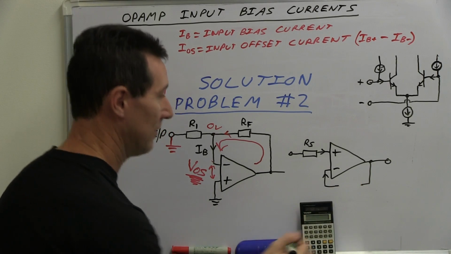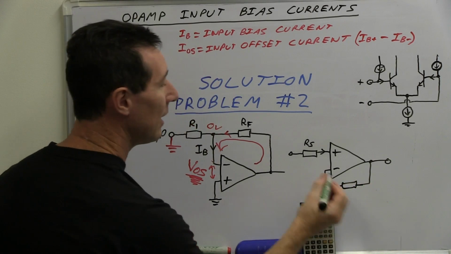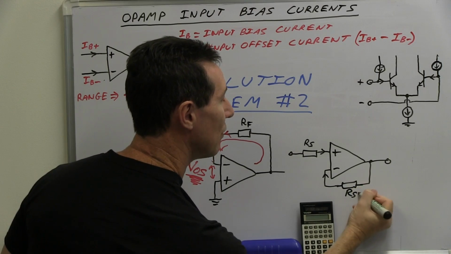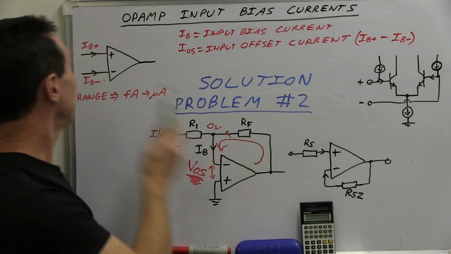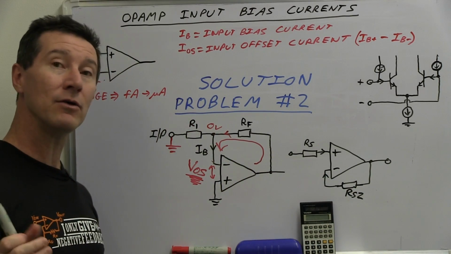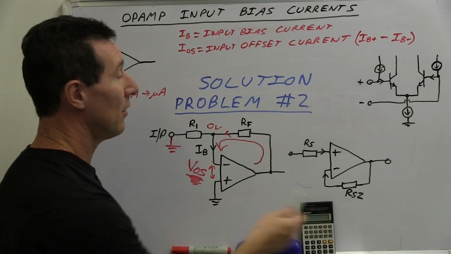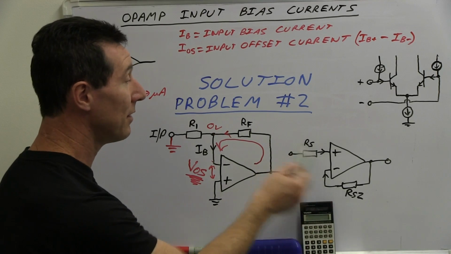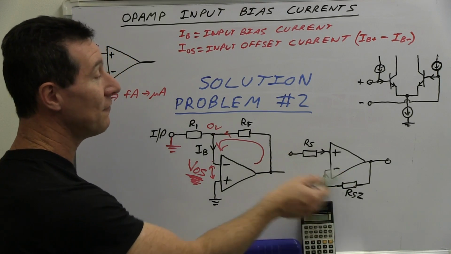We just put a feedback resistor in there, let's call it RS2, equal to the value of RS. So if IB plus and IB minus are equal values except opposite, because they're going into opposing inputs of the op amp, I won't go into the internal details of it, then you can cancel them out by having a resistor in the feedback loop